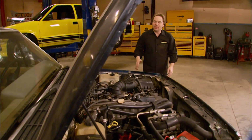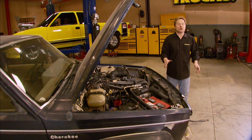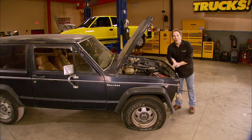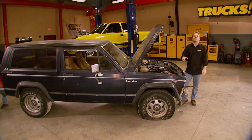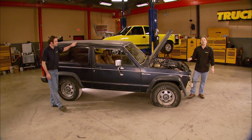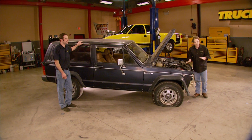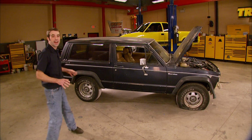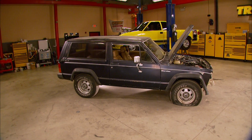This '88 Cherokee that we picked up for no more cost than what it took to drag it off the previous owner's property is beat up, worn out, and rounded off at all four corners. It's got 129,000 miles on it, and heck, it doesn't even start anymore. And as if that's not enough, it's taken a pretty hard hit right here on the front end. But if you stand back and blur your eyes a little, show them, Rob, you can sort of see the